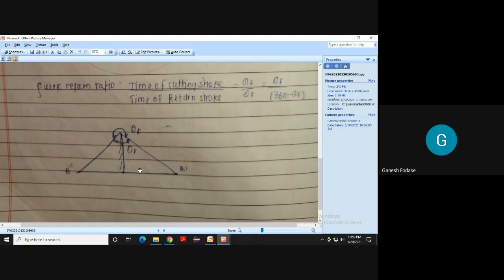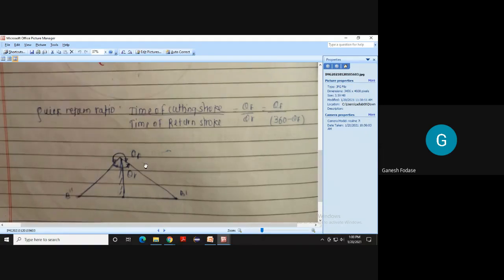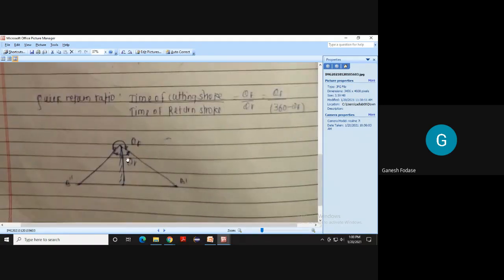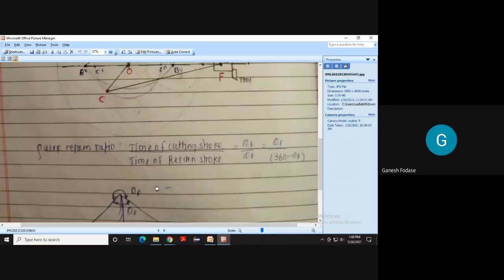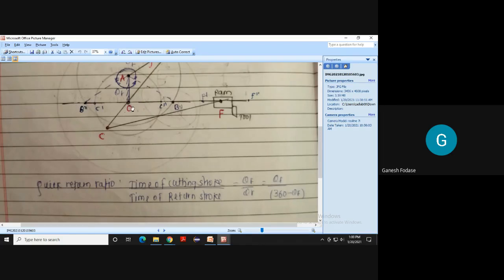Yes, please. So this link, yes. Is it visible to you? Yes, sir. So this fixed link is the shortest link, and this AB represents the crank here. Okay. So you can see here, in extreme positions, we can remember in case of the quick return motion mechanism, at extreme positions, the shortest link is perpendicular to the output link. Keep in mind. Because here it is B dash, C dash will be somewhere here. When B double dash is here, C double dash is somewhere here. So this BC is horizontal. Means at the extreme right position and extreme left position, the shortest link is perpendicular to the output link.